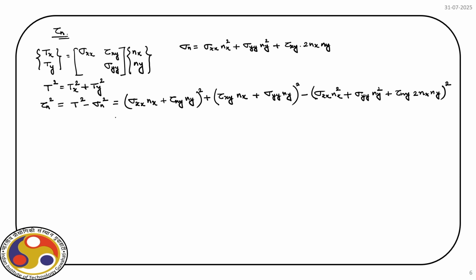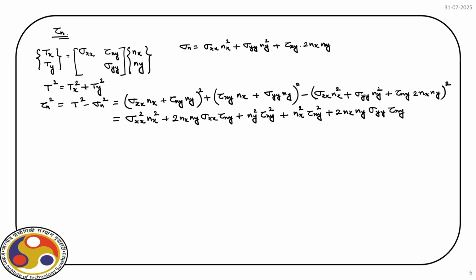For that, we have to open these brackets, and then if we do one by one, we have sigma xx square nx square plus twice nx ny, and then we have sigma xx tau xy, plus we have ny square tau xy square, then plus, if we open the bracket for this second term, we will have nx square tau xy square plus twice nx ny, and then sigma yy tau xy, and then the last term from this second term in the first line, we have sigma yy square ny square,